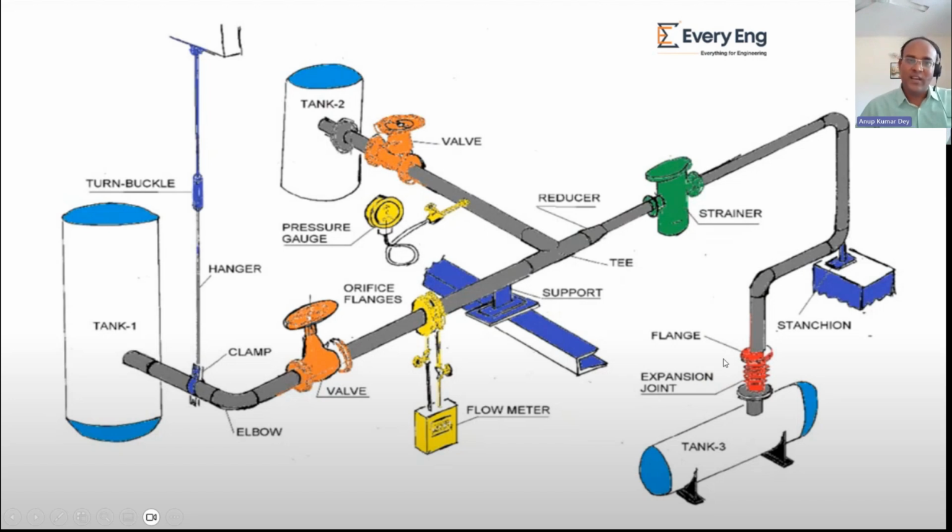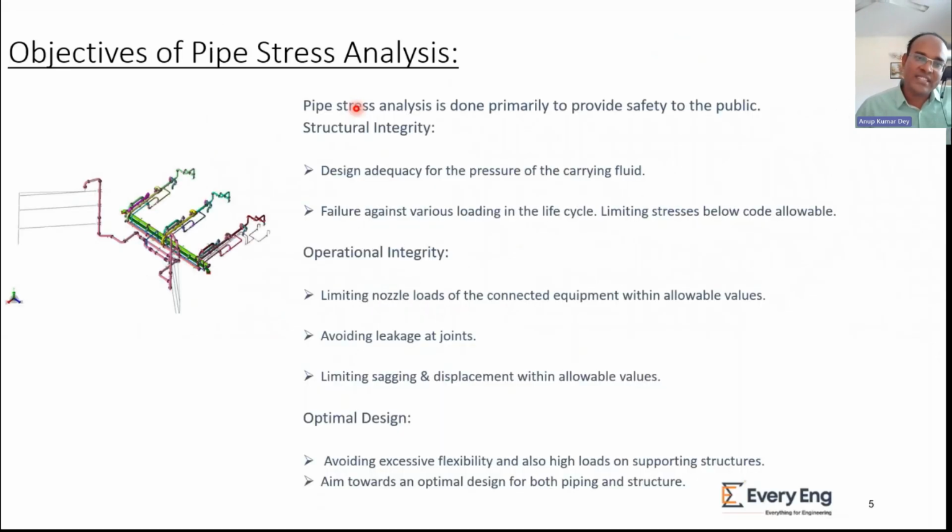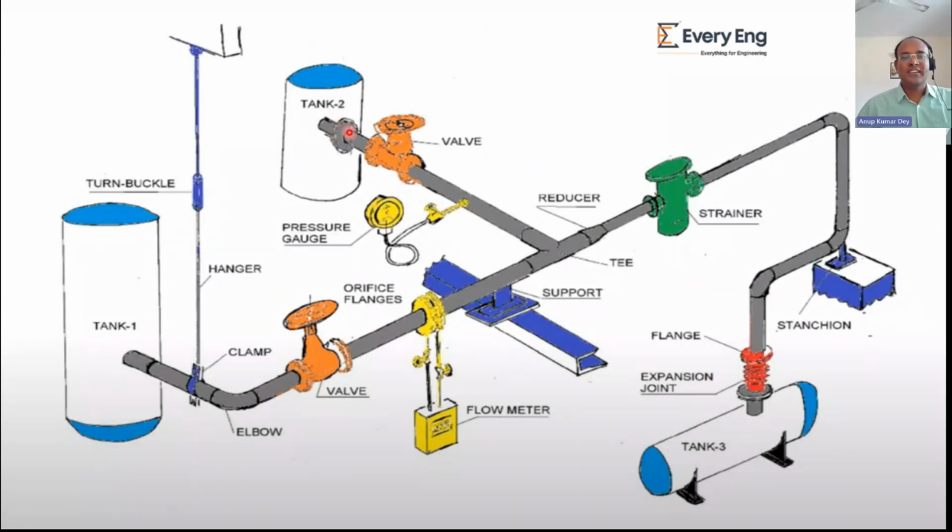So there are so many elements, all of which have to perform their duties concurrently and safely so that the piping system works fine throughout its design life. So during stress analysis, what we do is model this complete configuration in the software and then perform the analysis and find whether these nozzle loads, whatever is given by the manufacturer for these equipments, are within allowable limit or not, then whether these valve and flange connections are leaking or not, then whether the stresses generated at these T junctions are within allowable limit or not,